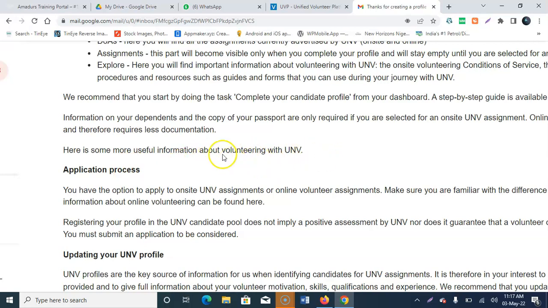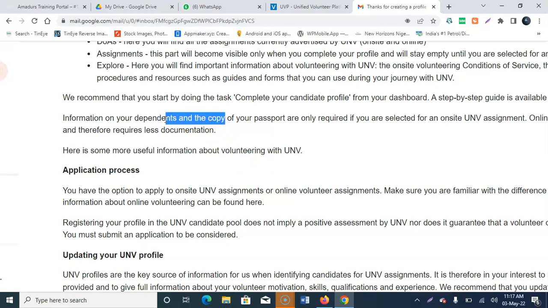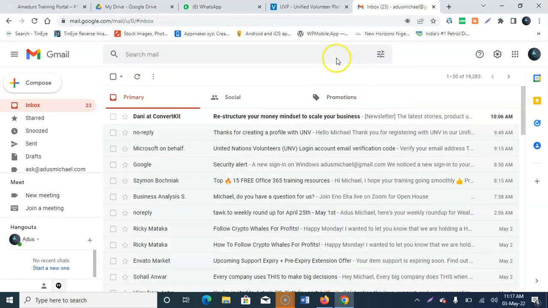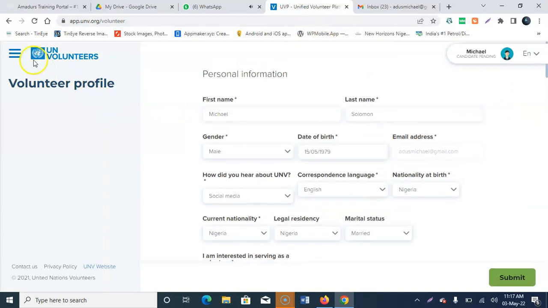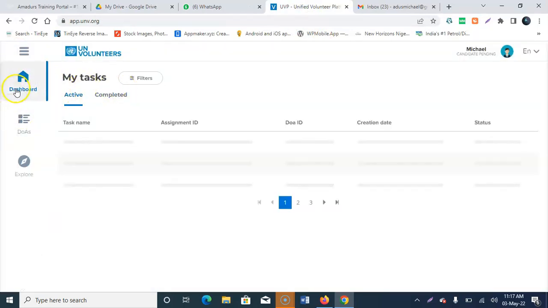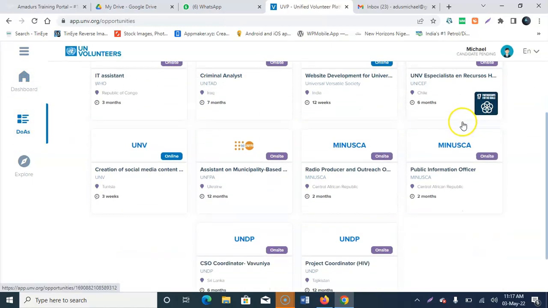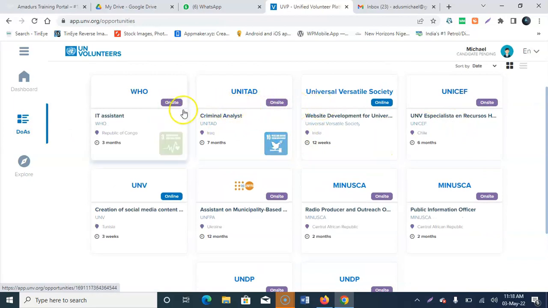I think what they're trying to say in this section is in case I choose online and on-site. If you choose online alone, you might not need all that information they're saying you should fill. But if you choose both, just like I did, that's where you get all that long information. So it's up to you to decide if you want to do that or not. Once you're done, the dashboard section is here. You can already see these on site, while this one is online. Website development, so online and all that.